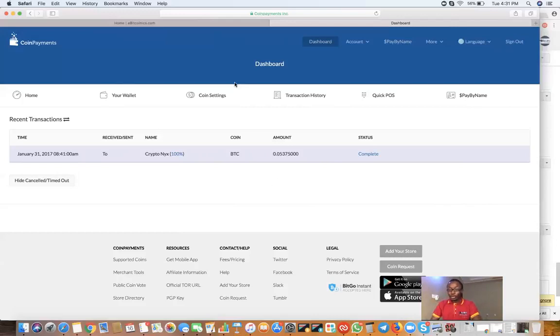And those of you that are also using hardware wallets, you just need to access the hardware wallet dashboard or platform, and you have access to your full platform so as to do what you need to do. Now, we are logged into Coin Payment,